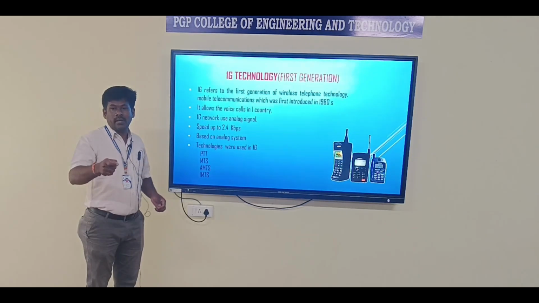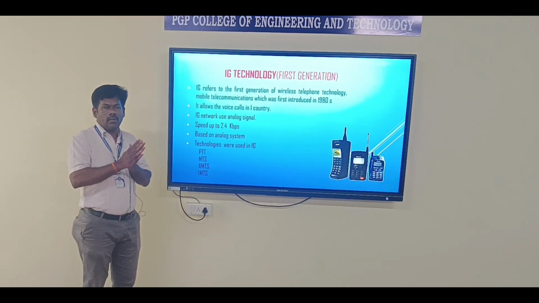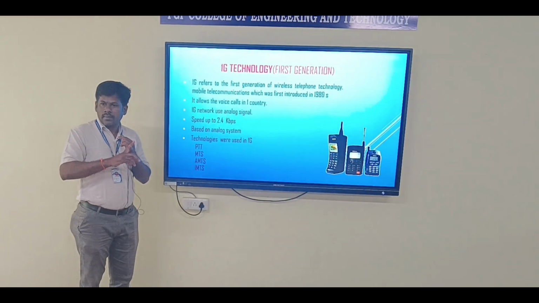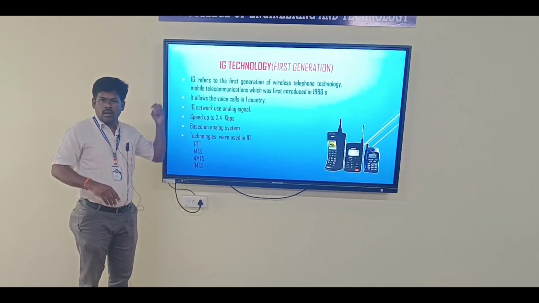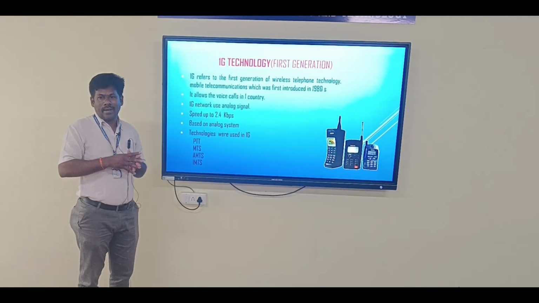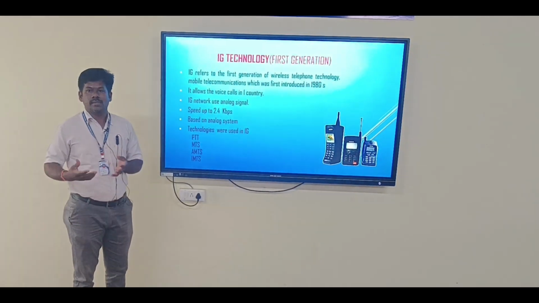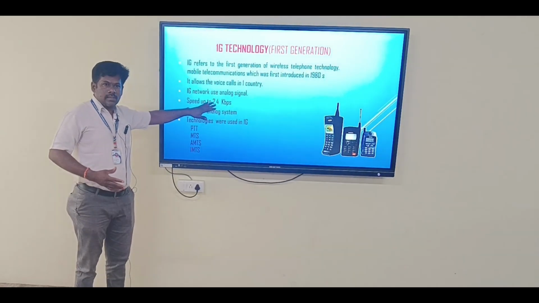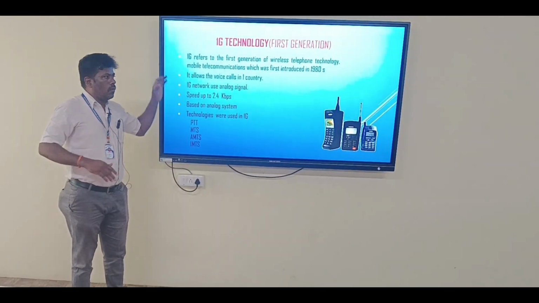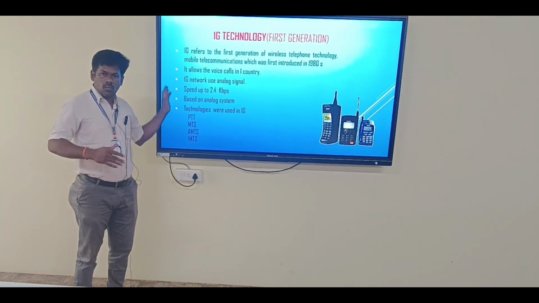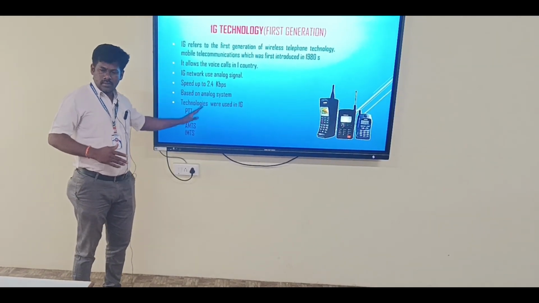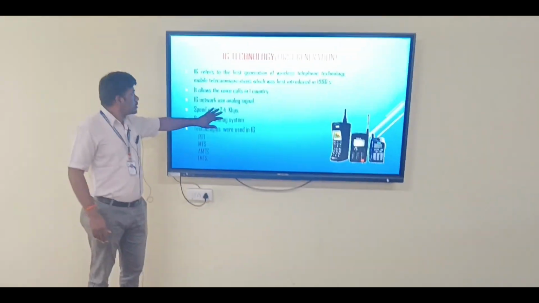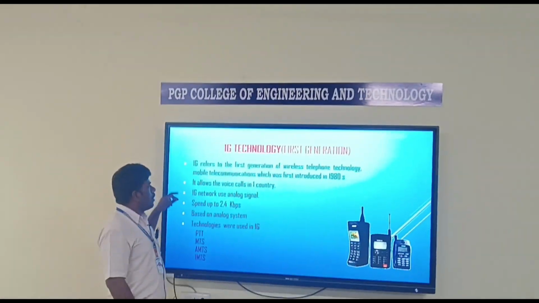Then, the access method. Whenever we study these mobile technologies, we mainly have to know the modulation methods, access methods, power requirements, and whether it is a digital or analog system. These are the requirements of every generation. Each generation is upgraded: the second generation overcomes the drawbacks of the first generation, and so on with each and every generation. That's what I wanted to say about the first. Then I will go for the drawbacks